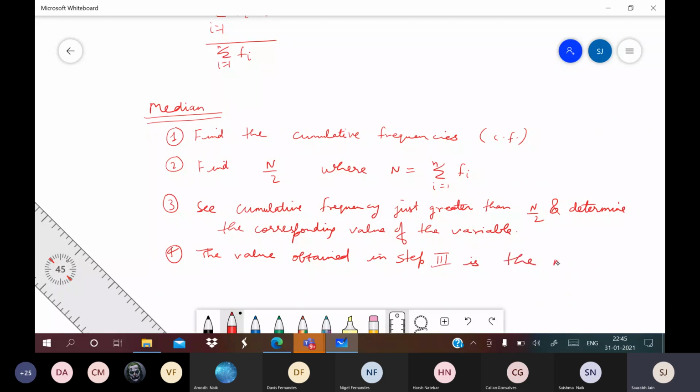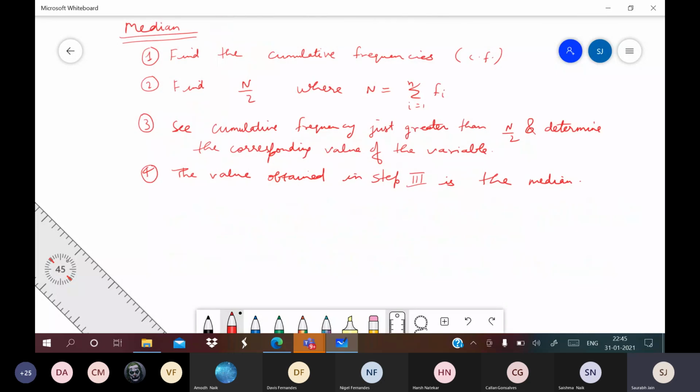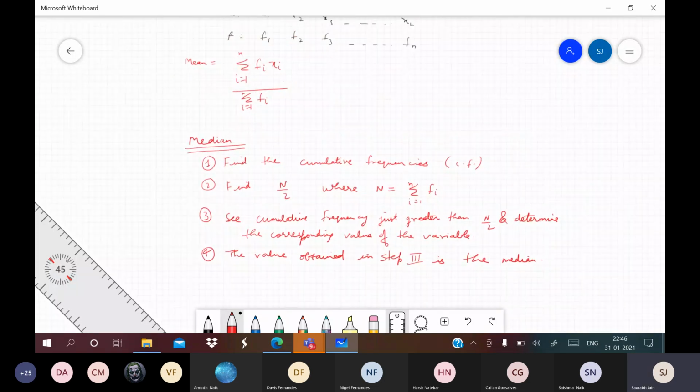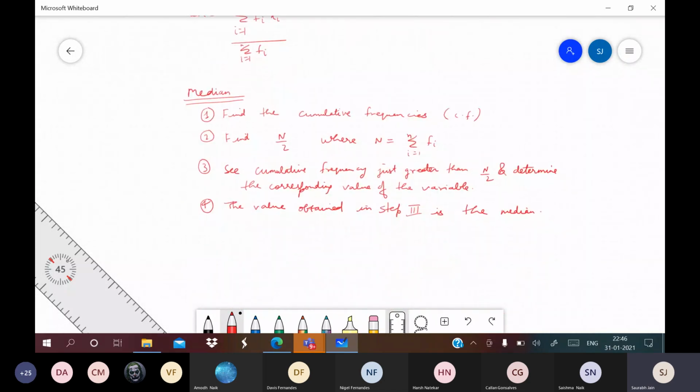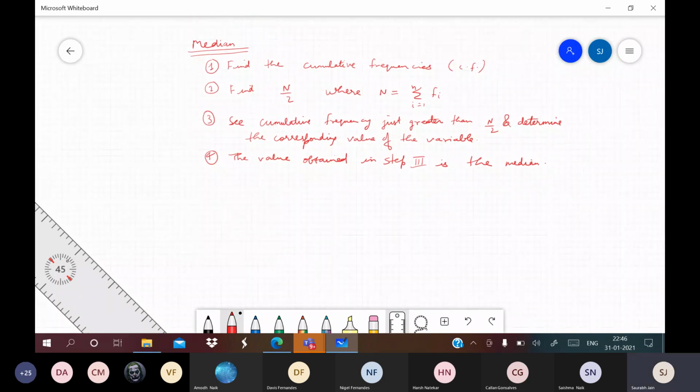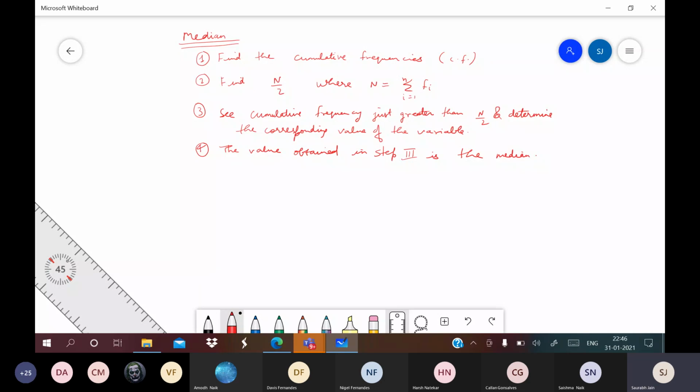We'll have to solve questions. You have forgotten how to find mean and median. So mean is easy. For mean, I'm not solving a question; we'll find mean deviation directly. But let us solve a question for finding the median first. You have to follow this rule. Then I will give you the formula for mean deviation here. First of all, I'm telling you how to find mean and median in this case. So this is the question.